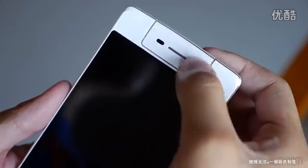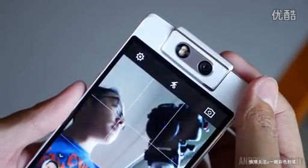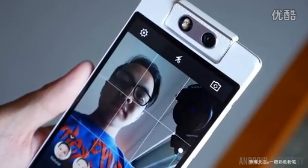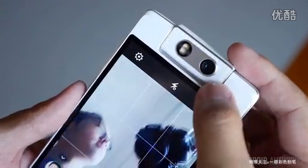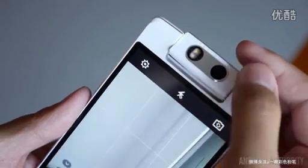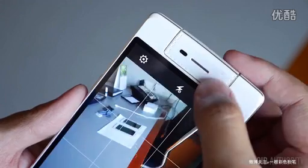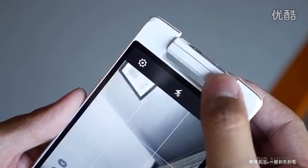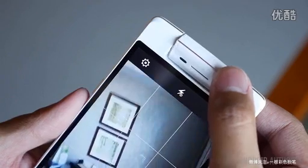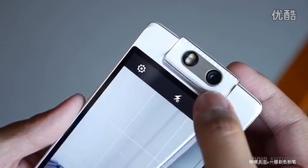But of course, you do have the rotating camera up top, the main story of the OPPO N3, and it does have a 206-degree rotation for you to be able to take some pretty high-quality self-portraits considering the 16-megapixel optics underneath. It does have this interesting design choice here with the faux leather stitching, very akin to the Samsung Galaxy Note 3's back. So as far as the aesthetic goes, it might be a little bit questionable, but the main fact is you do have some enhancements underneath, and that's what I'll be able to illustrate for you using the